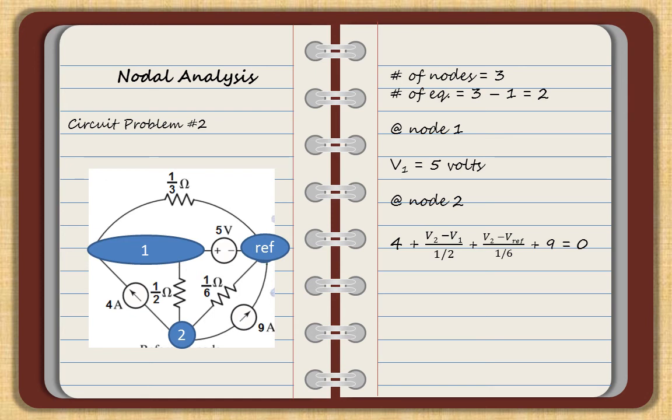In solving this, I assume that the current is exiting the node, unless it is stated or the current is given and it says that it is entering the node. On this circuit, the two current sources are both exiting the node. Therefore, I'm going to add them to the currents at the two resistors. So, as you can see,